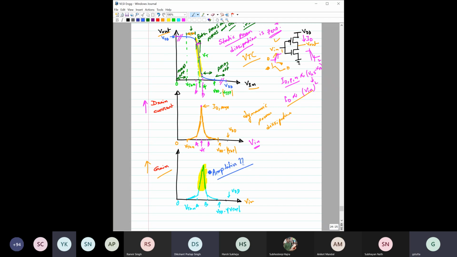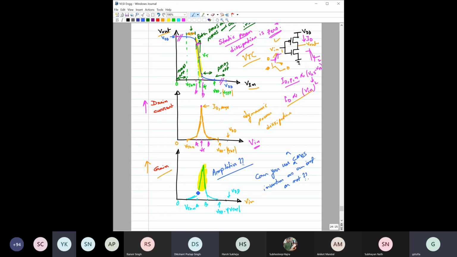This is a very interesting thing: can you use the CMOS inverter as an amplifier or not? Do comment in the next class whether you can use it or not,